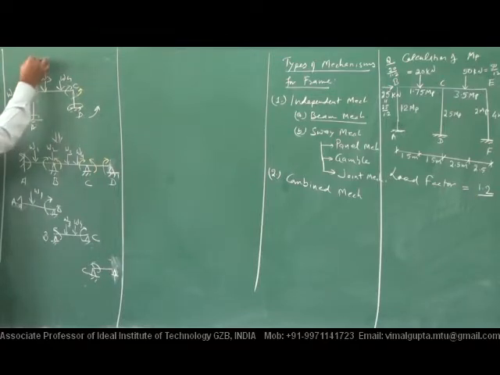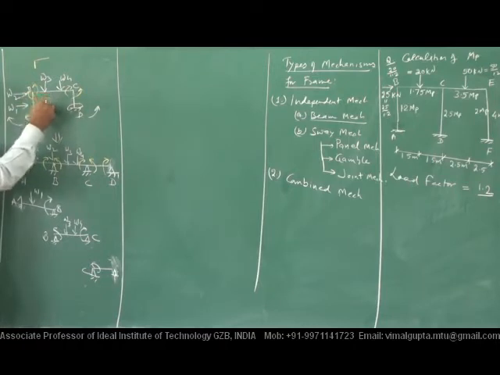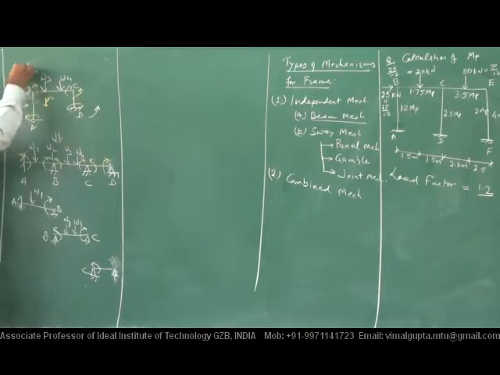If this is point B, then point B dash may be here. But that joint, that geometry, will not be disturbed. Listen carefully to what I want to tell you. At point B, what is the number of degrees of freedom? This one and this one. These are degrees of freedom: rotational, horizontal and vertical.